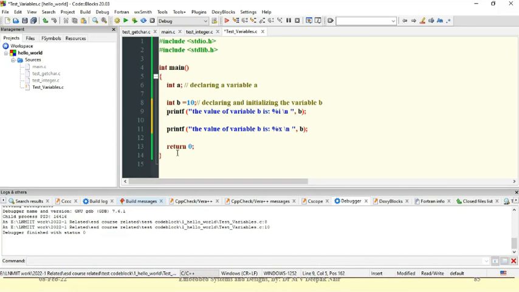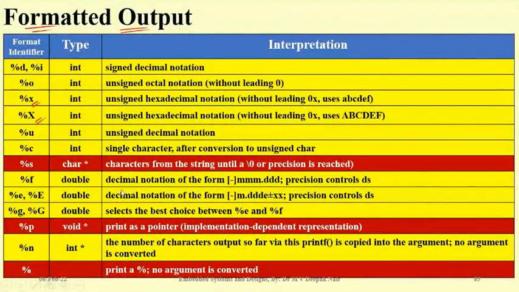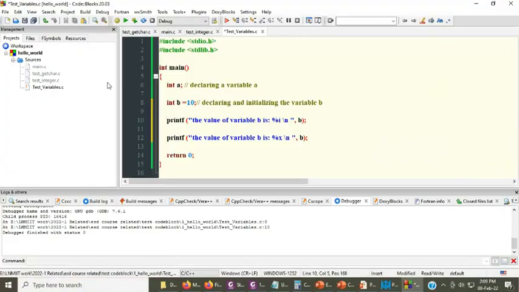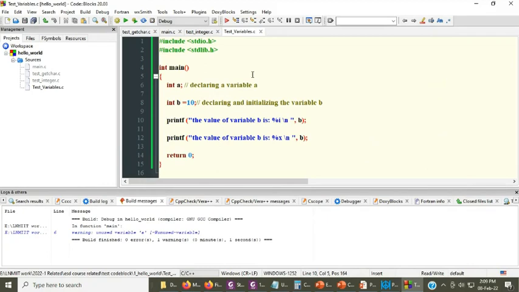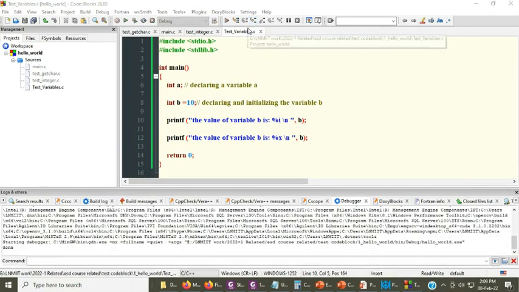What does that mean? From this table you can see %i and %d are used for signed decimal notation, but there is a difference between these two also. I'm not going into that depth. %x is used to represent hexadecimal numbers, whereas %i is used to represent integers, or decimal numbers. Let us check the console and try to understand this. Let me just run the program.